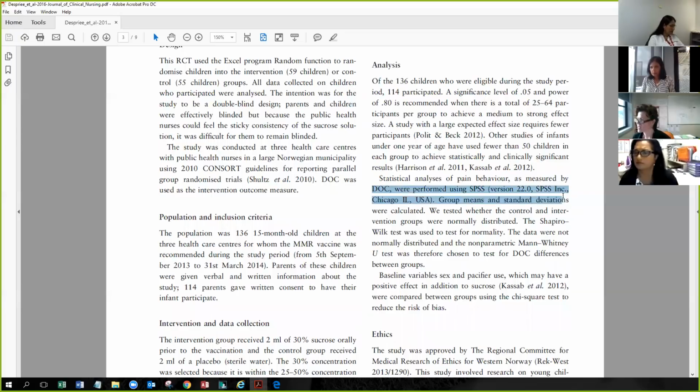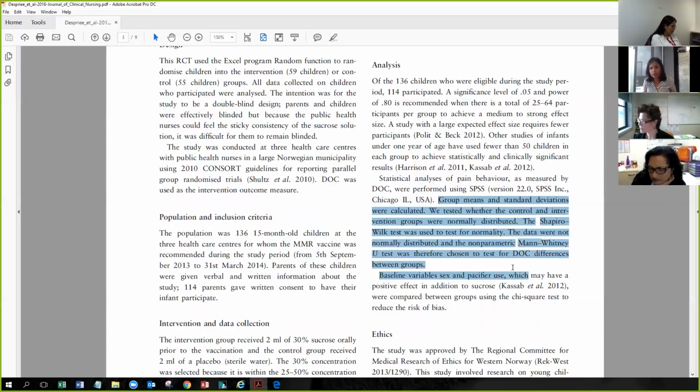Okay. So do they just get that straight from here, Shija? They just be paraphrasing it straight from here? Yeah, no, but they also need to mention what were some of the statistics used. Like here they say group means and standard deviations were calculated. They tested whether the control and intervention groups were normally distributed. If that's not written, okay. But they have learned what are some of the descriptive statistics. And they also learned about how do we analyze the data in qualitative methodology. So that part generally is being given under analysis, which as Mandy mentioned, not in the result, but under